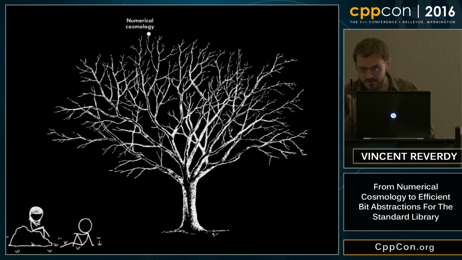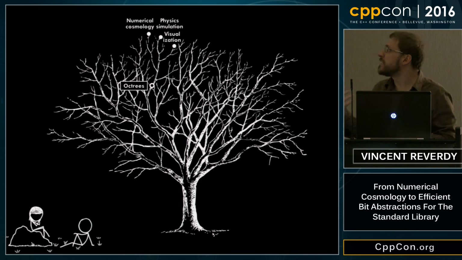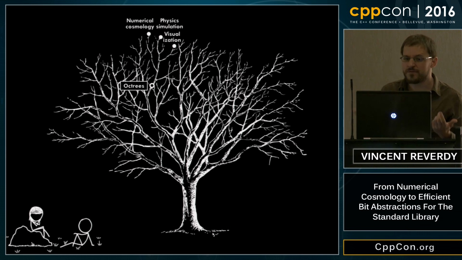They started with numerical cosmology, and numerical cosmology is based, as I said, for a large part on octrees. An octree is just adaptive mesh refinement in 3 dimensions. But if you improve octrees, this can have consequences for all kinds of physics simulation and also for visualization.